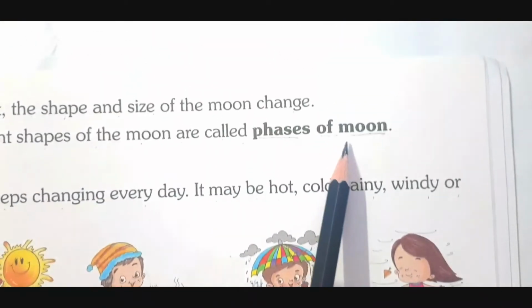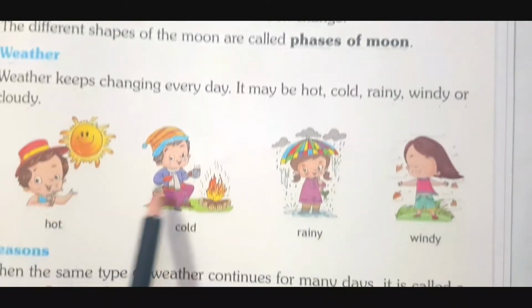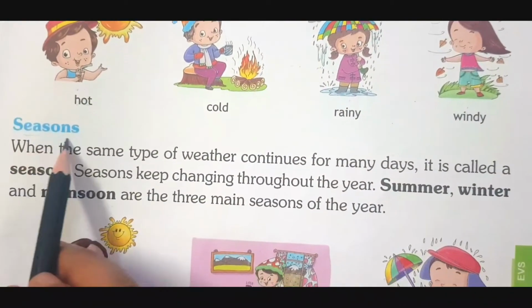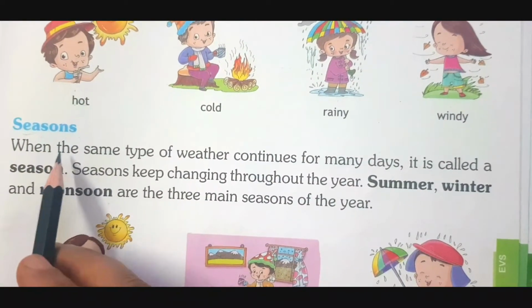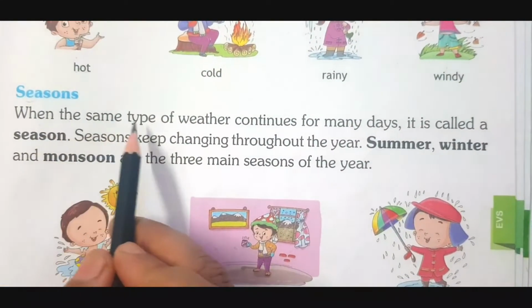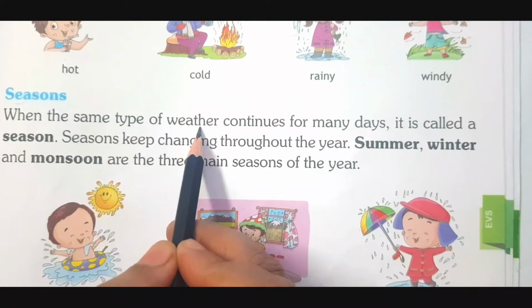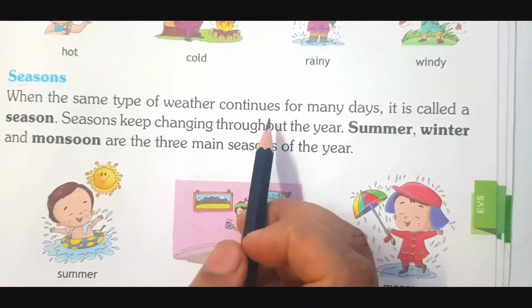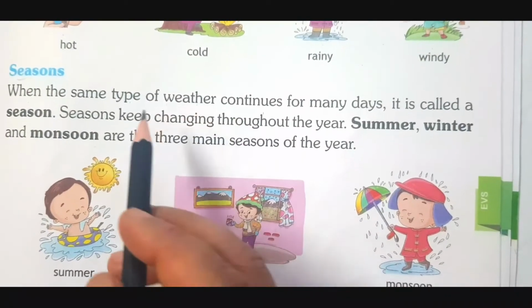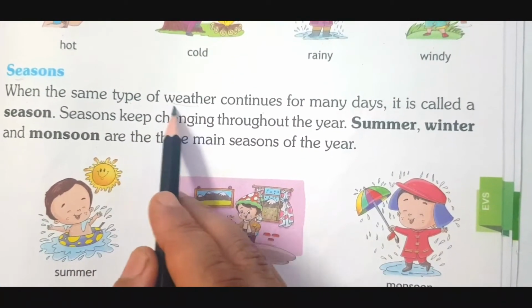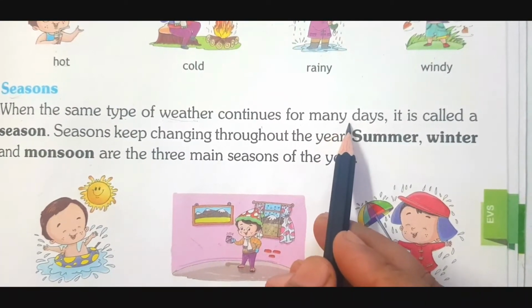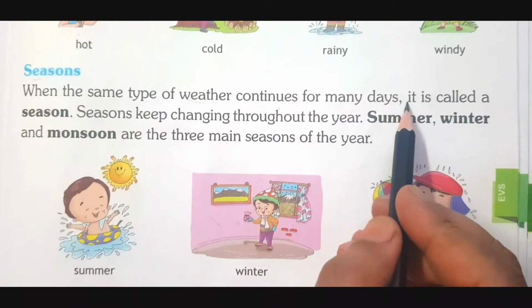Phases of the moon is a natural change. Weather is a natural change. One more natural change is seasons. Come on, we are going to read about it. When the same type of weather continues for many days. Yes, we have learnt in lesson 1, children, no? When the same type of weather continues for many days, for 1 or 2 or 3 months, it is called